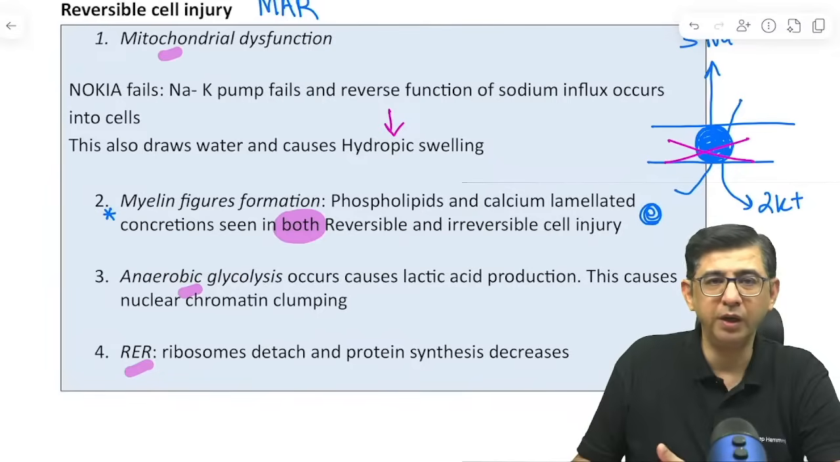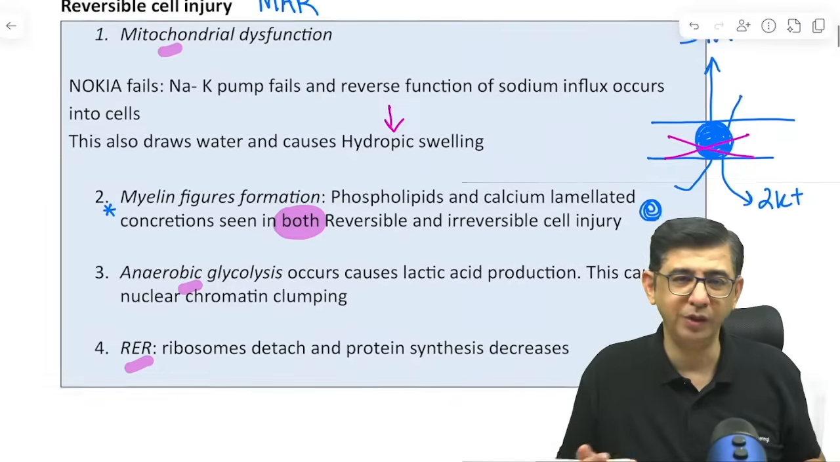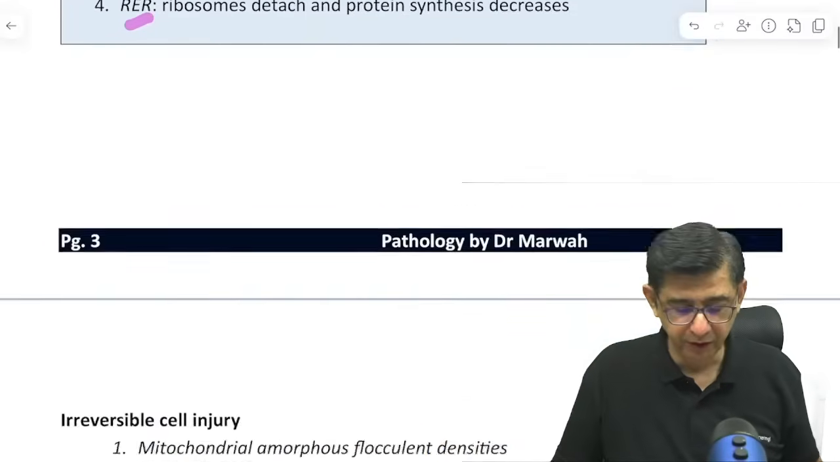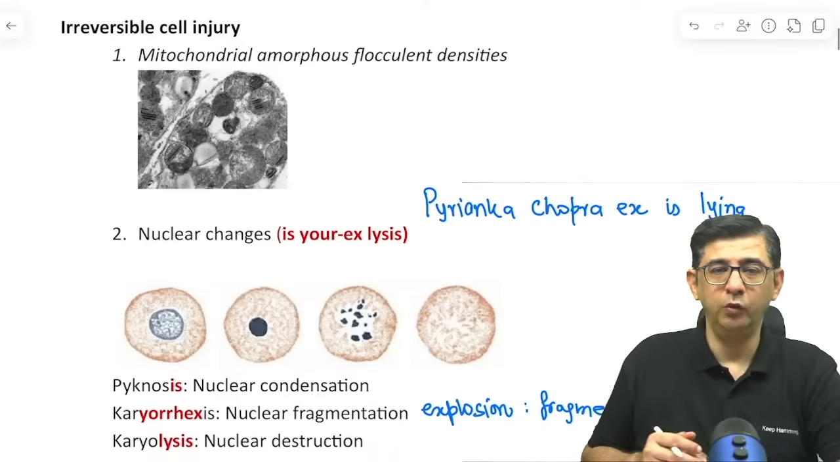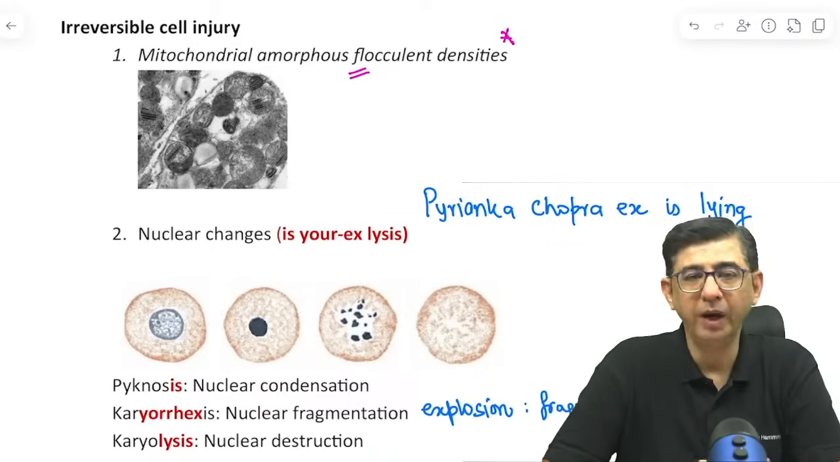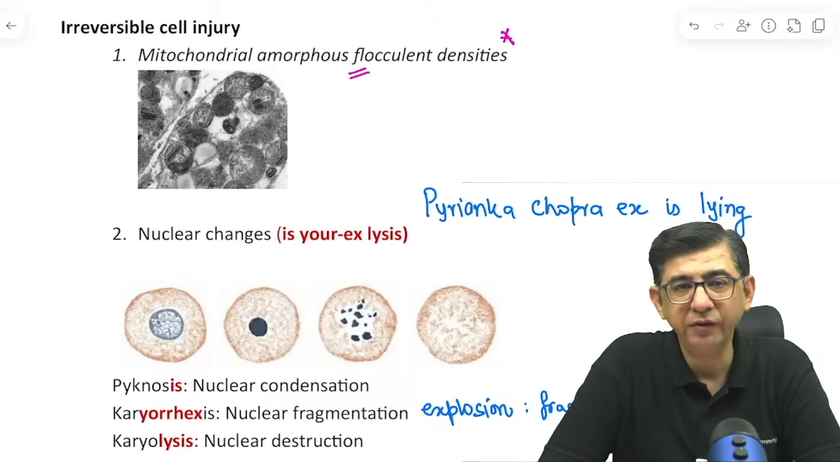So hydropic swelling would occur in a patient along with mitochondrial dysfunction, anaerobic glycolysis, and rough endoplasmic reticulum being damaged. And now let's compare this with the irreversible cell injury. One of the highlights that they love to ask is this word, flocculent densities. माइटोकॉन्ड्रिया में तो डैमेज है ही है, but now there would be a formation of flocculent densities and then there are